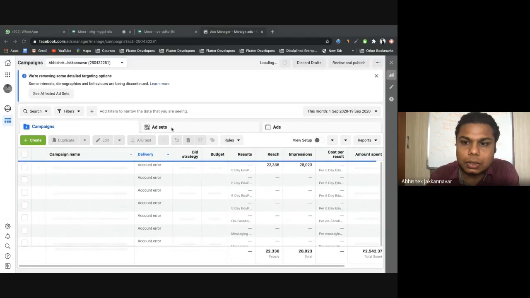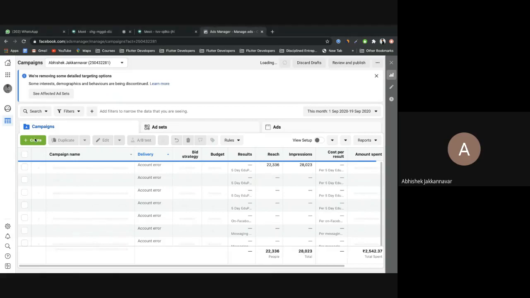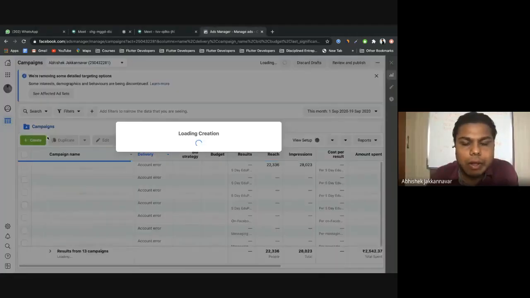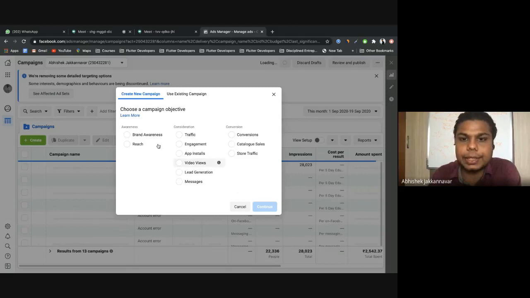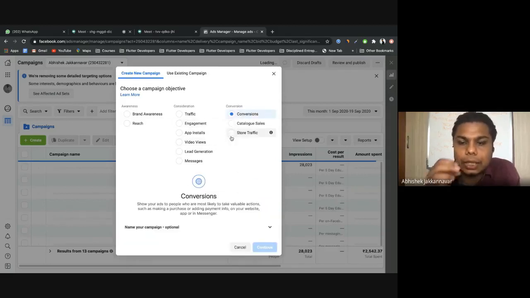So here what we do, we just click on create a new campaign. Creating a new campaign. And next, we have already discussed all these things in detail in the earlier sessions, right? So our focus very majorly will be conversion, because we want them to convert from one page, that is the Facebook page, to some other page, maybe a payment gateway page, Google form page, or a WhatsApp link directly. So that is the reason I'll choose this.